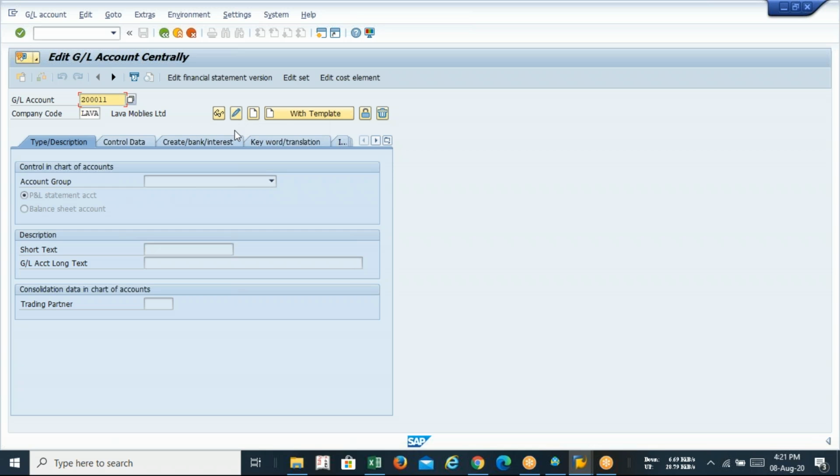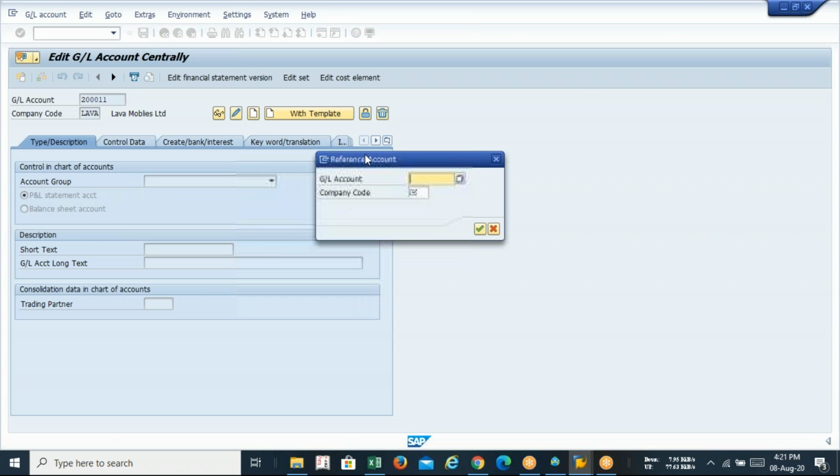This is the shortcut way to copy a GL from an existing one. After putting the GL number, do not click on the create option, but click on the template option. Here you have to mention your GL. My GL is 20010, from where I need to copy, and the company code will be Lava.